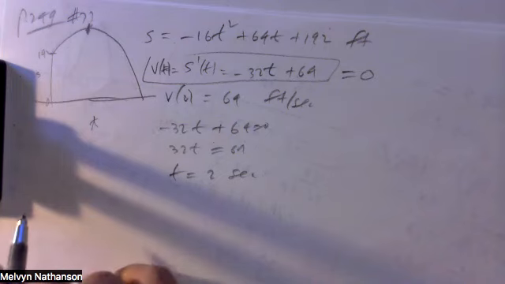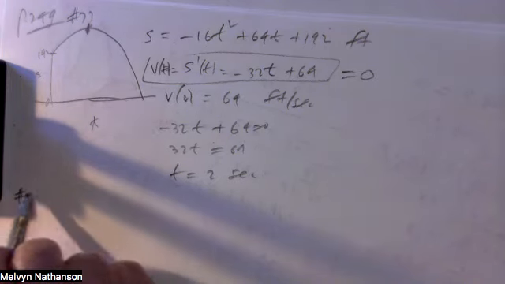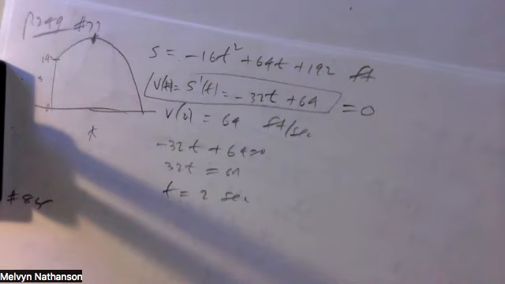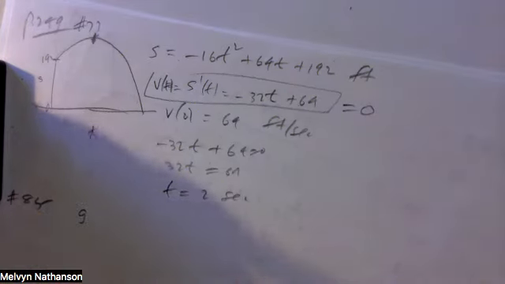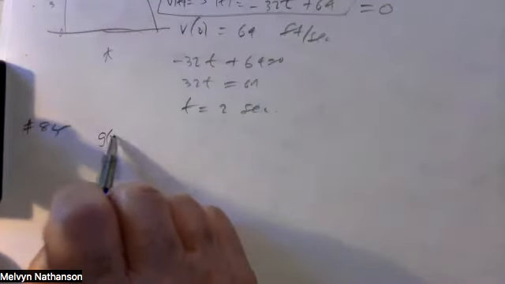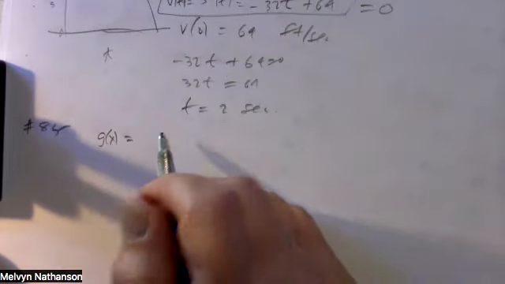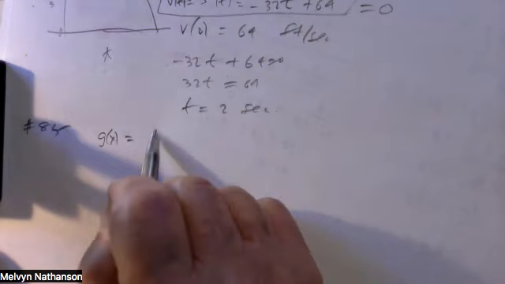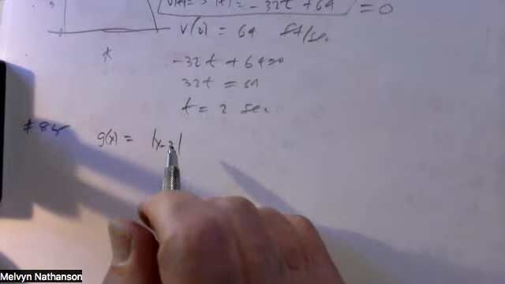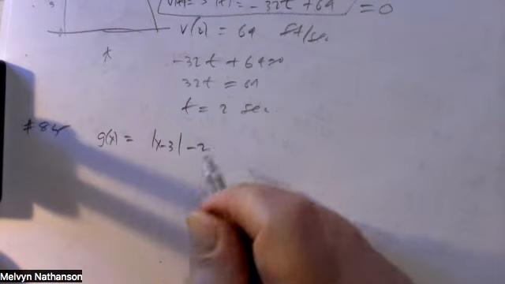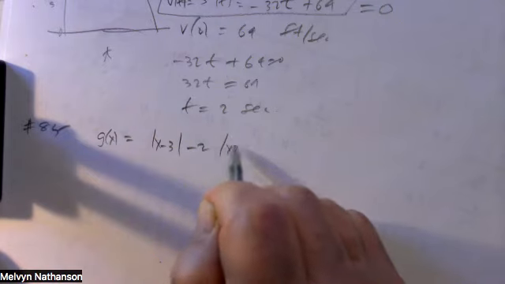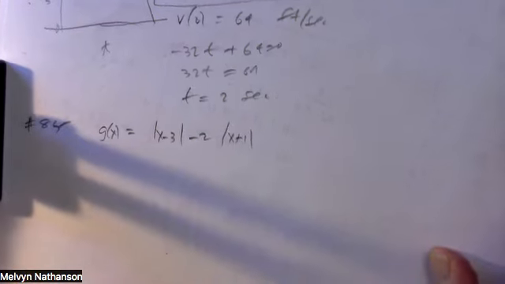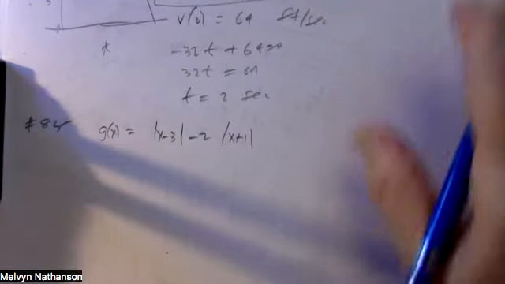Let's look at a really interesting problem. Let's look at number 85. We have the function g of x equal to the absolute value of x minus 3 minus 2 times the absolute value of x plus 1. So if you're not used to the absolute value function,